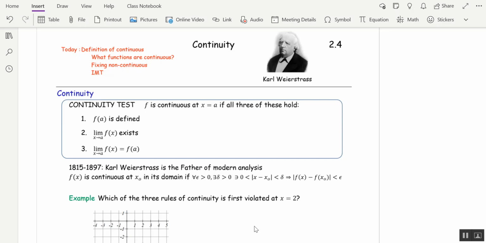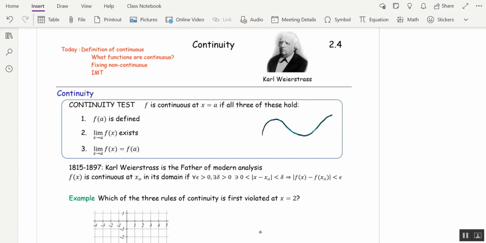Welcome to 2-4. Today we're going to talk about continuity. Now, informally, a function is continuous if you can draw the graph without picking your pencil up off the paper. Now, obviously, that's not a great math definition, so the way we define continuity mathematically is three things have to